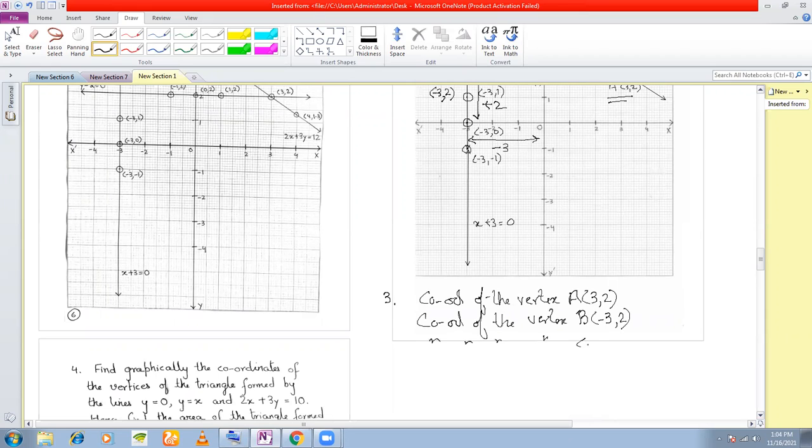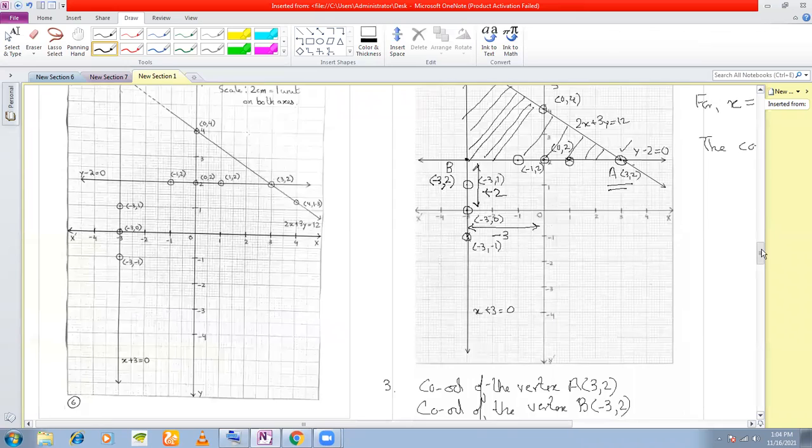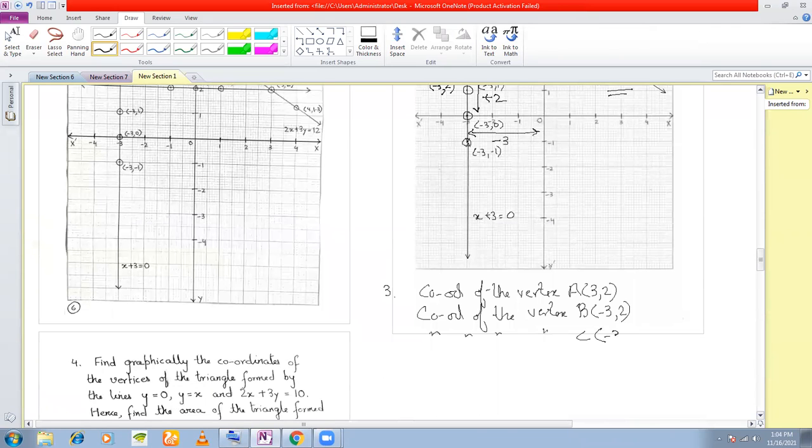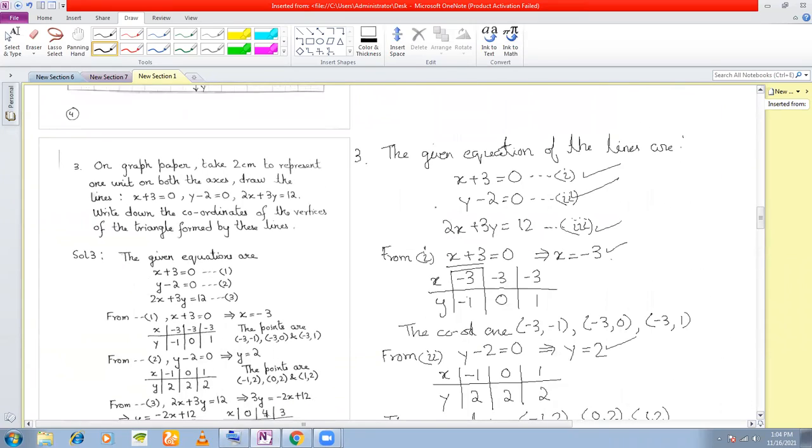And now the third vertex. Coordinates of the vertex C. Which one is the third vertex? This is the third vertex C. You know the coordinates: -3, 6. So we have got the coordinates of the vertices. Now there's something to note here. If I tell you, what is the solution of these two simultaneous equations, what will you say? Point of intersection of these two lines, isn't it?